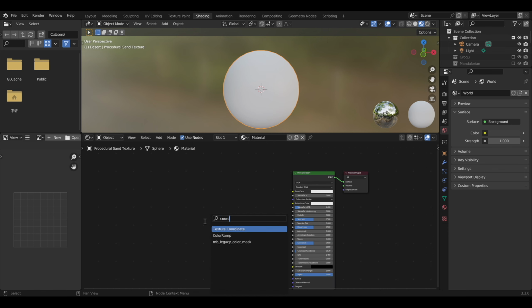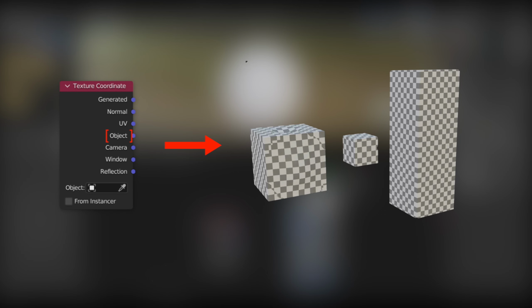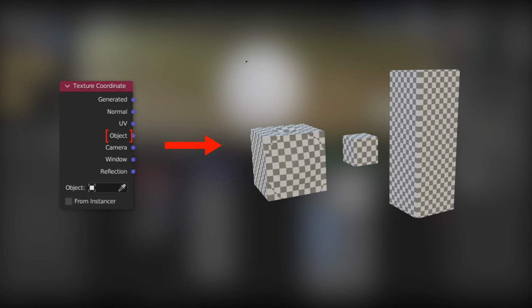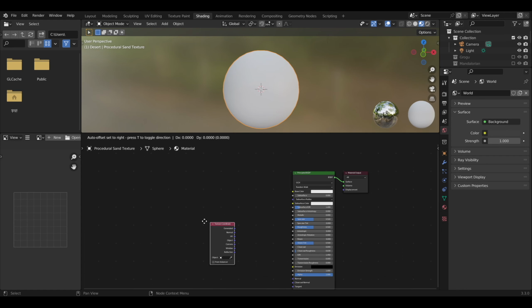Add texture coordinate node. The texture coordinate node provides us with a number of different ways to apply textures to our 3D models, and for different 3D models we need to choose the right way to do the mapping. Here we will use the object property. The reason for this is that when applying textures to multiple static models with different spatial dimensions, the object property ensures that the textures are displayed at the same density and do not stretch to a larger size, etc.